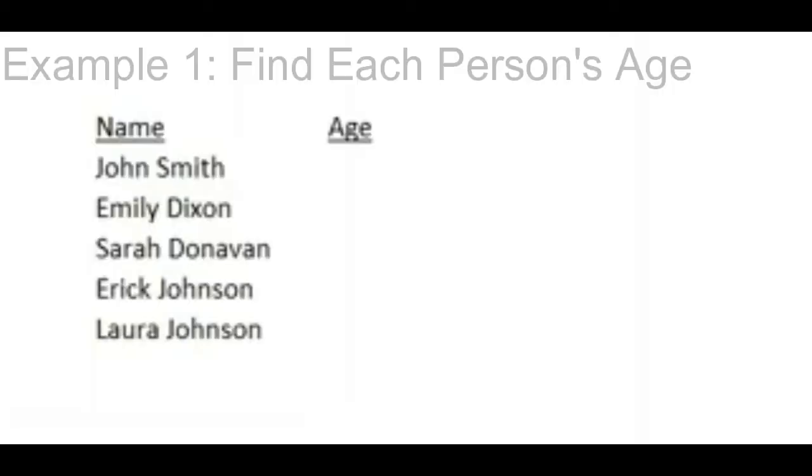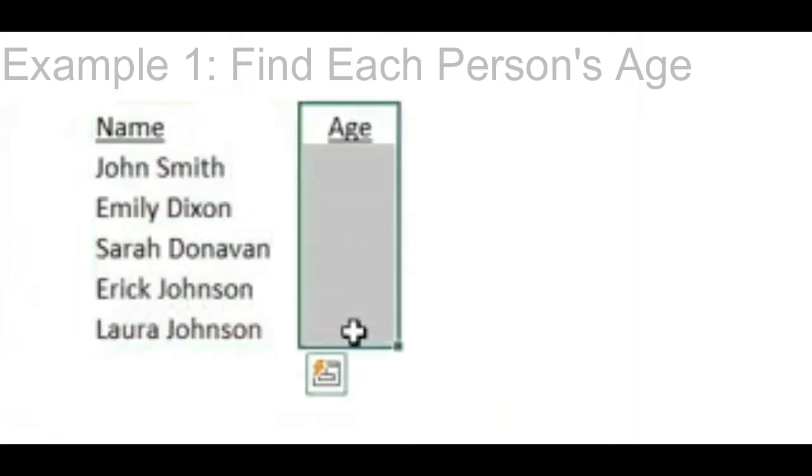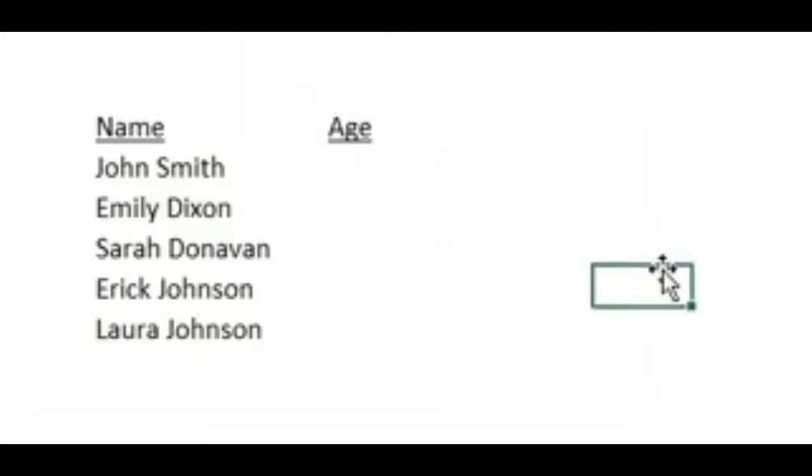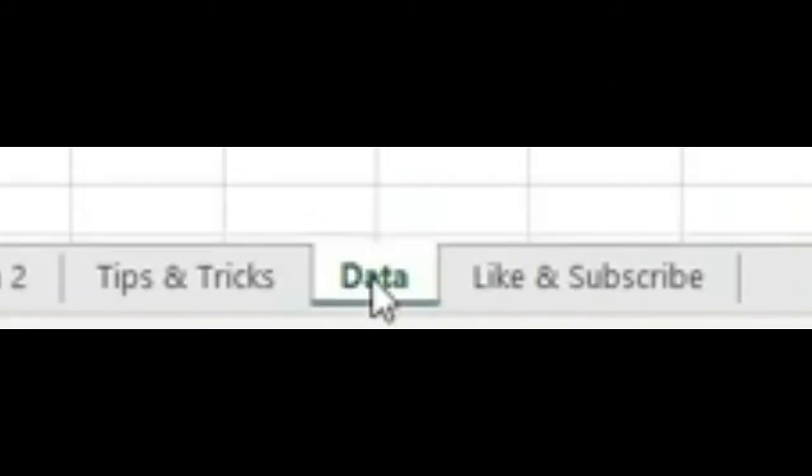Question 1. We have the names of 5 different individuals, and what we need to find out is the ages of these 5 individuals. However, the information for the ages is not located on this page. So we have to go to our table that is located on our Data tab,